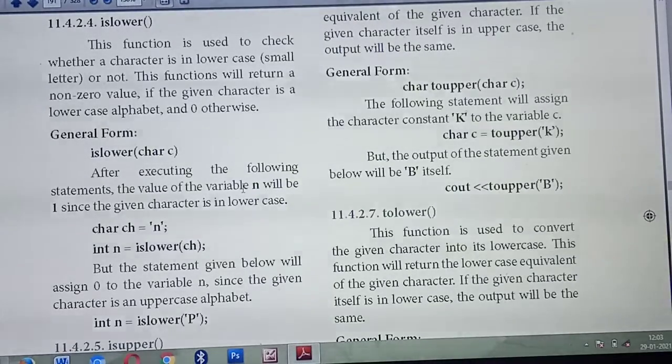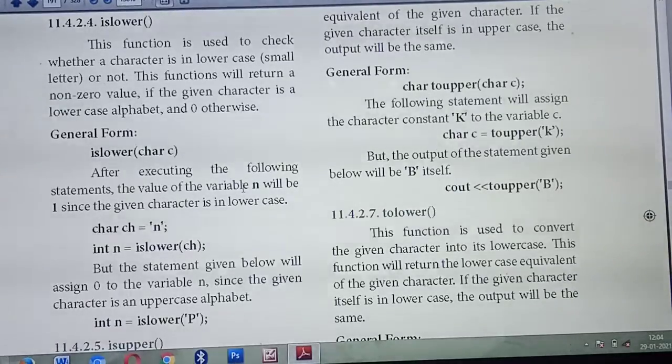Otherwise, for example, take one example: computer science. If that word is in small letters, you will get the output 1. If the same word is typed in capital letters, you will get the output 0. Understood what the use of the islower function is? This function is mainly used to check whether the entered character is in small letters or not. If it is a small letter you will get the answer 1, otherwise 0.